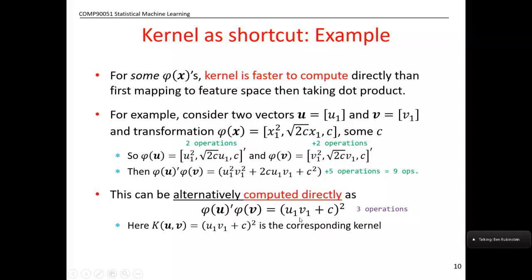So to do it the direct way, we've got 1 product, we've got 1 addition, and then we've got 1 more product, squaring. We're squaring these things. So that's roughly 3 operations. A lot less,